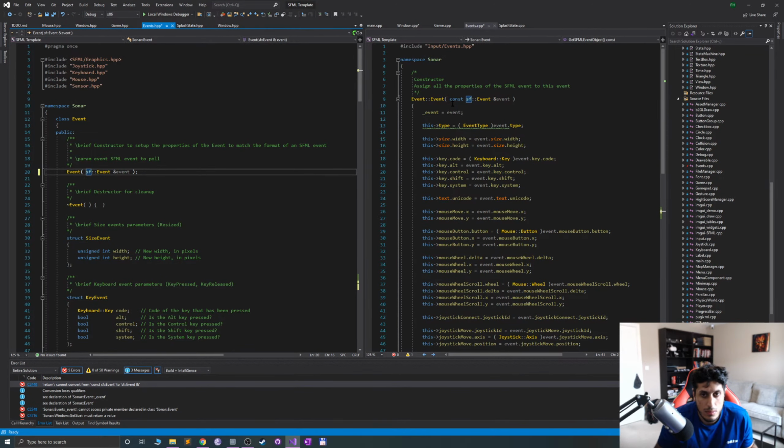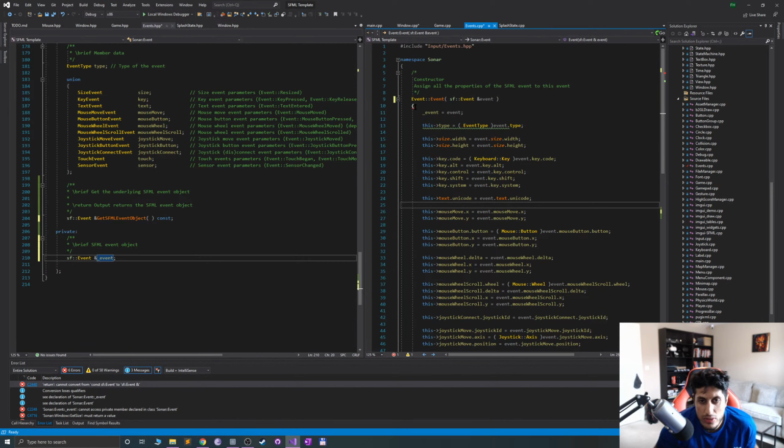Now we get this error up here: provide no initializer for